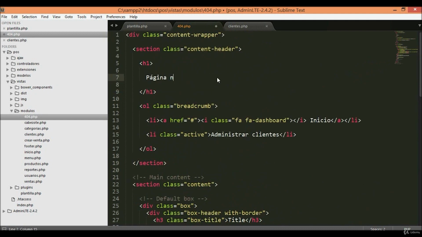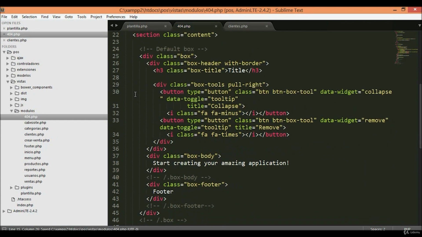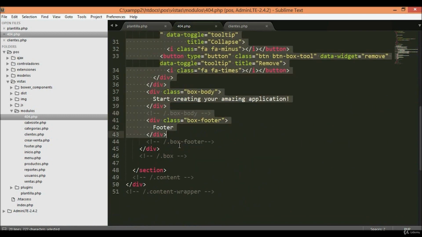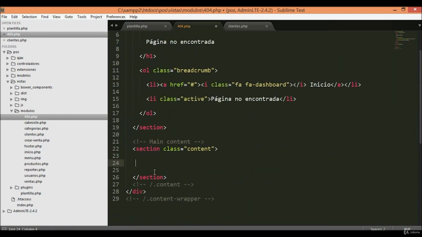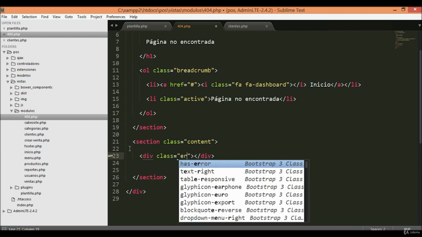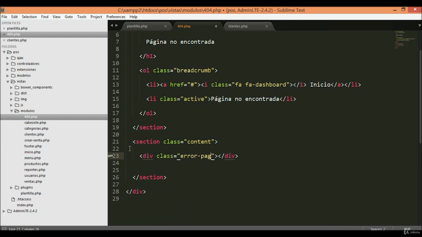It's going to be page not found, and we change it here in the breadcrumb, and in the main content we are going to delete this. And we leave this section part with the class content, and we create a div with the class error page